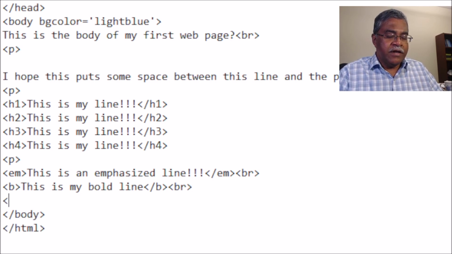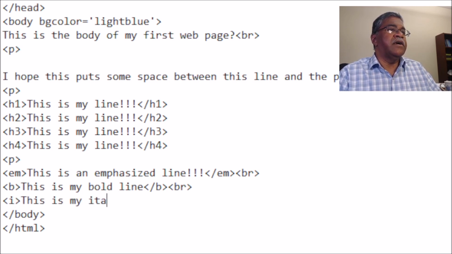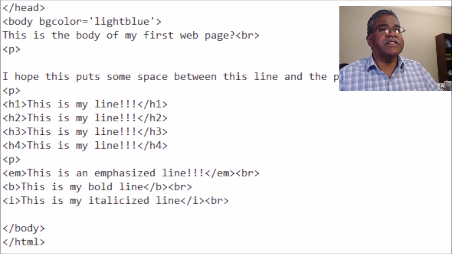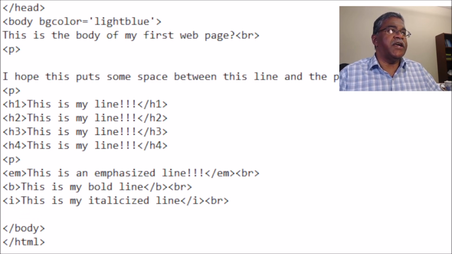Now I want an italicized line, and italics is simply I, and you say this is my italicized line, and you close the tag with a forward slash and the same tag, and then I'm going to put BR, and then because we begin to understand this,